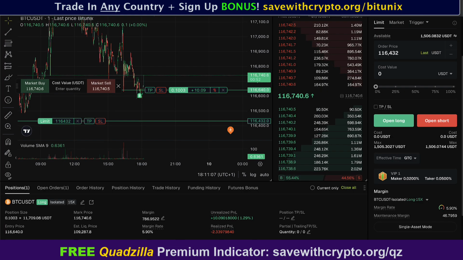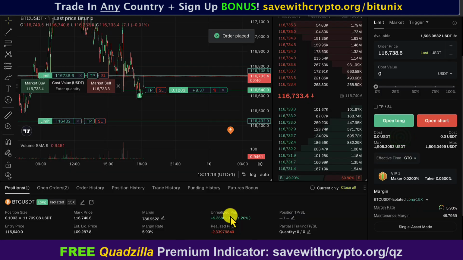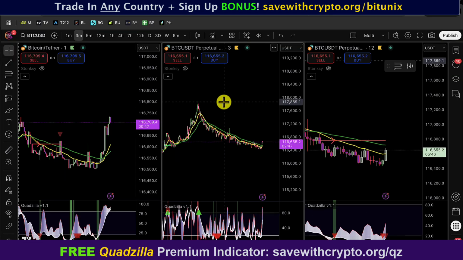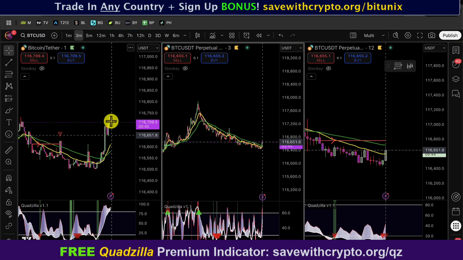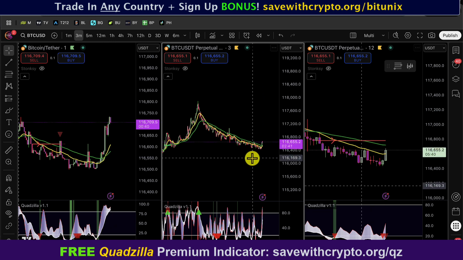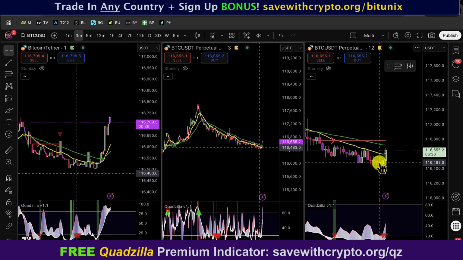I'm going to go fairly heavy long now with what's left. It's a little bit crazy, but let's see if that one fills. Okay, well it did. About an hour or so later, this is looking good. These EMAs on the 1 minute crossed over. They look like they're about to on the 3 minute, not there on the 12 minute, but I'm expecting